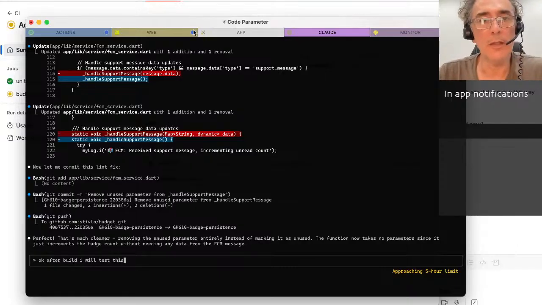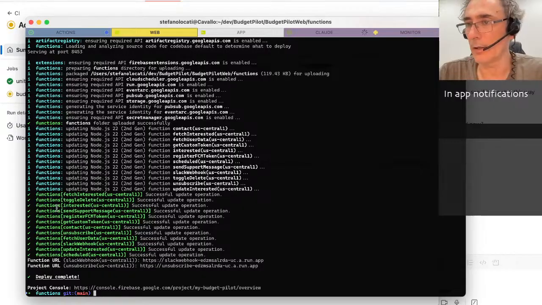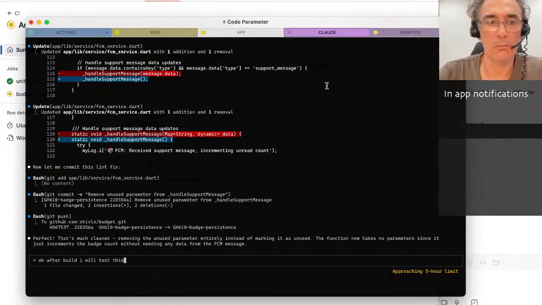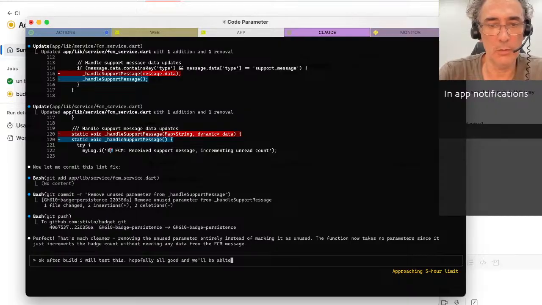And in the meantime, we deployed the functions. Okay, done. I will test it. Hopefully, all good, and we will be able to close issue